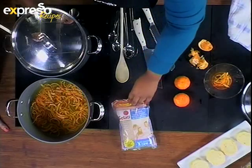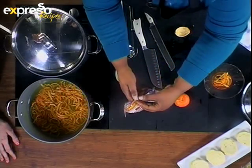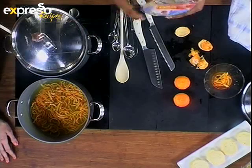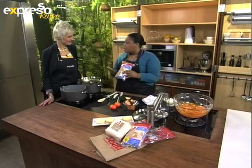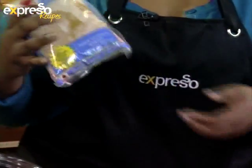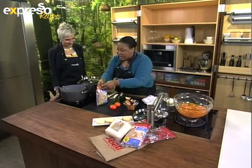And this is when the sugar comes in. Oh, I love that smell. How much sugar do we add? We add a lot of sugar. And this, we're using the Selati Plantation Select. When you're making something with so much sugar, you want to use sugar at its most natural form. And this is the least refined sugar that you can find. Okay. And it comes in a resealable bag. That's why it's actually white sugar, because this is white sugar, just not refined. So you can see it's got a beautiful...